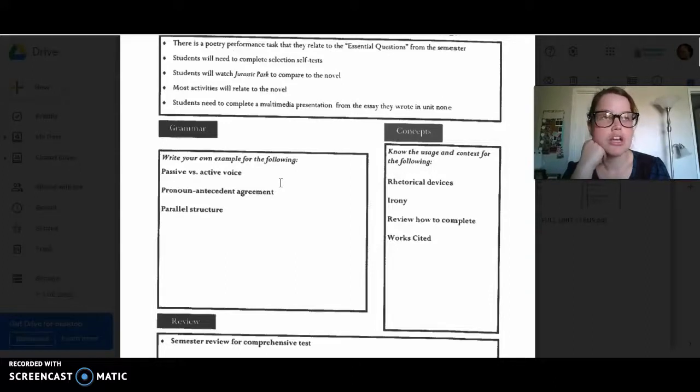Parallel structure, the dog barked, a cat meowed, determiner, noun, verb in both of those sentences. Same word type, so a and the are both determiners, dog and cat are both nouns, barked and meowed are both verbs. Another example of this would be, I went swimming, hiking, and biking after work yesterday. Swimming, hiking, biking, right? All of those are the same gerunds, present or progressive words. So it would sound weird if I said, I hiked, biking, and running after work yesterday. That's not parallel. That's not right.